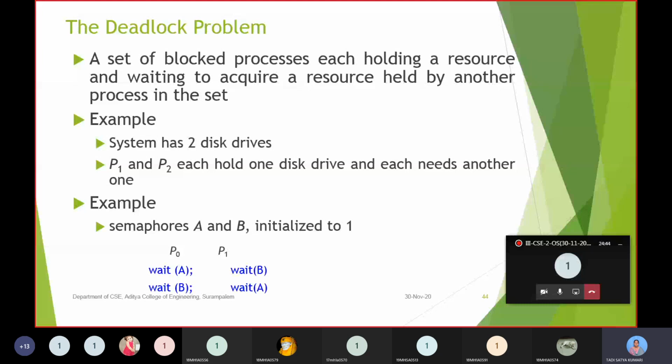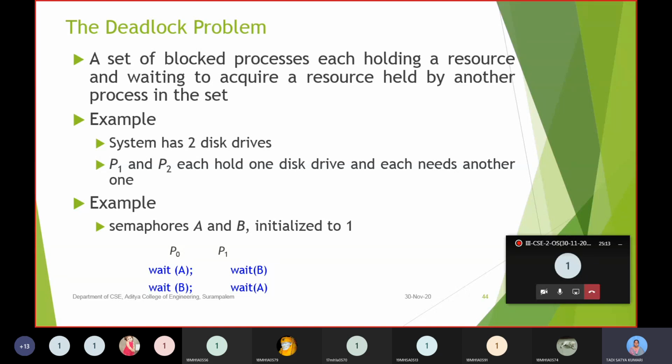So coming to the second part of the fourth unit. The first part we already completed, process synchronization, and the second part is deadlocks. First of all, we will go with what is deadlock and which situation in a computer system will be called a deadlock. Here we will take some examples, and based on that we are going to define what is deadlock.